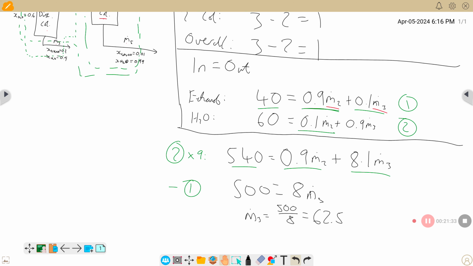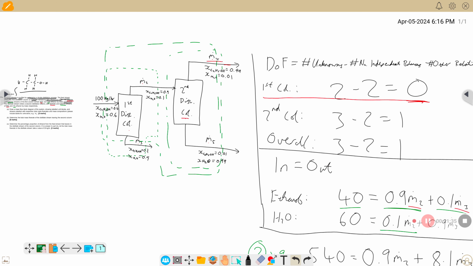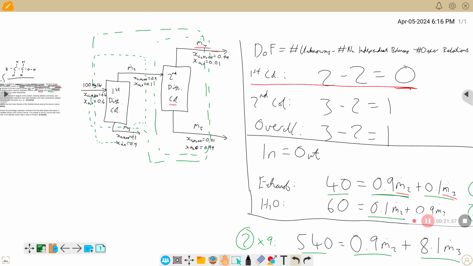However, when I go back to my mass flow block diagram, what I could effectively do now is rub out this. Oh dear, that's created a bit of a problem. I could rub out that M3 that I had there originally and replace it with my 62.5 that I've just obtained. And if 100 kilos an hour is going in,